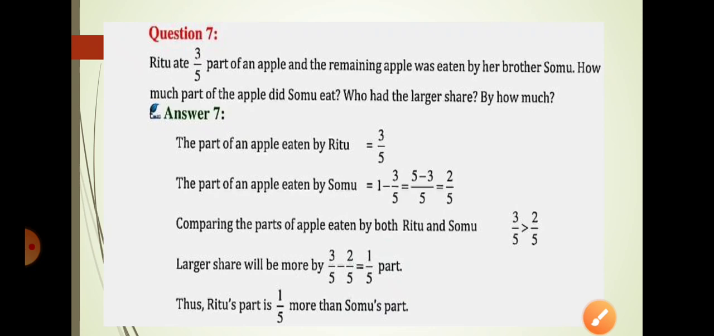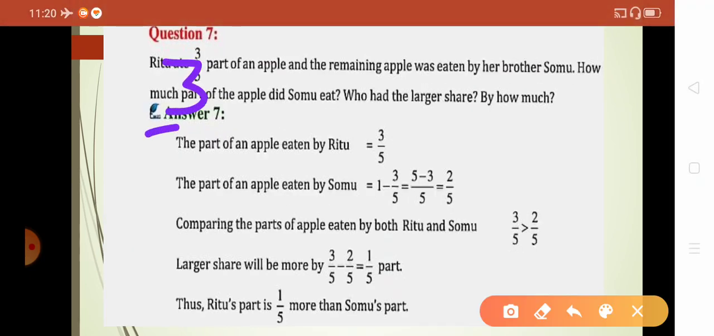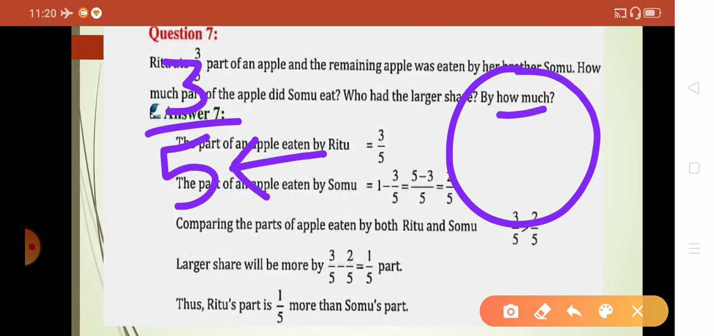Next is: Ritu ate 3 by 5 part of an apple and the remaining apple was eaten by her brother Somu. How much part of the apple did Somu eat? Who had the larger share and by how much? So 3 by 5 is given. That means this 5 is the total number of parts of the apple. That means the apple is cut into 5 equal parts. Out of these 5 parts, 3 parts are eaten by